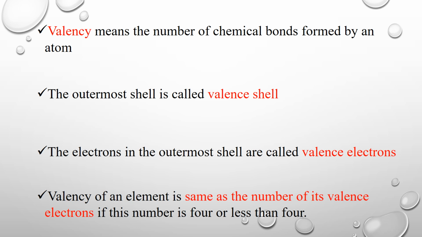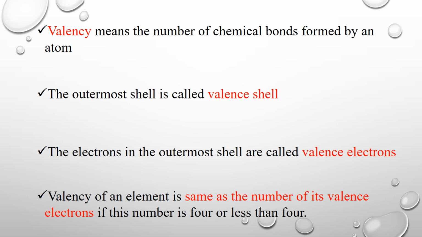Now, when we were solving for electronic configuration, you must have seen that there are many atoms which have only one shell, like hydrogen. There are many atoms which have two shells, like carbon, many which have three shells, like sodium, and many which have four shells, like bromine. So, whenever you are looking at the atom, whichever shell is the last shell or the outermost shell, you can also call it the valence shell.